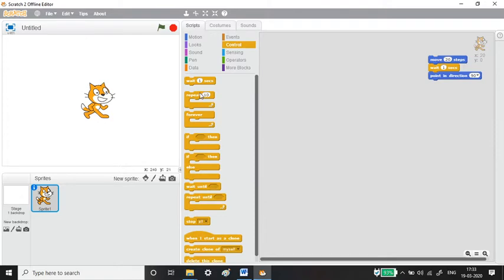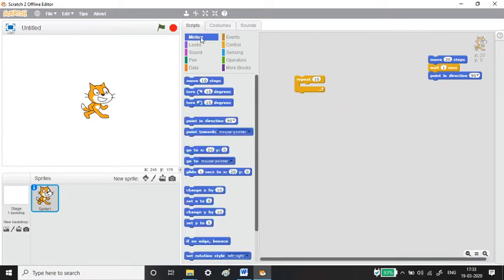Now let us move to the second block, that is repeat. If you want to perform a task a particular number of times, then you can use this kind of block. I want my cat to rotate 15 degrees for 10 times.